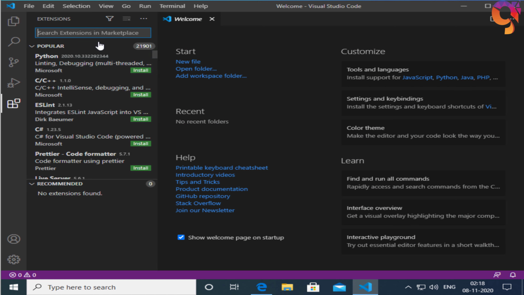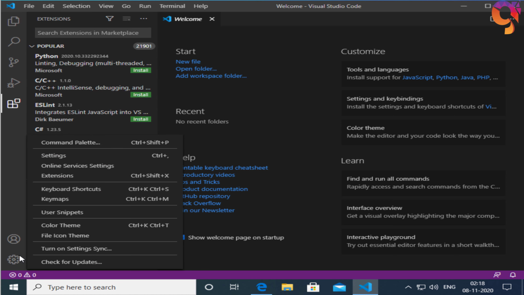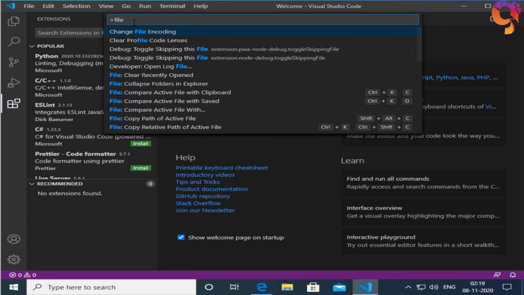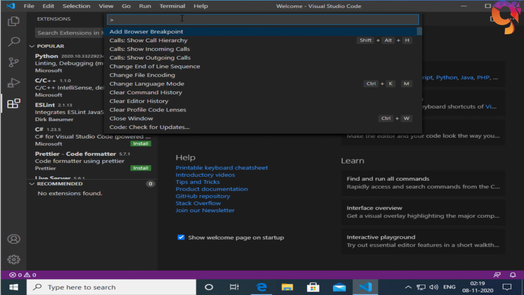Next is source control. Here you can integrate Git, but that's beyond the scope of this tutorial, so we'll cover Git in its own video later. And next is debug. Again, this is beyond the scope of the tutorial, but VS Code has great debugging capabilities. And next we have extensions. We'll talk more about extensions in a minute. At the bottom there's the manage cog, and in this menu are settings, keyboard shortcuts, and themes.